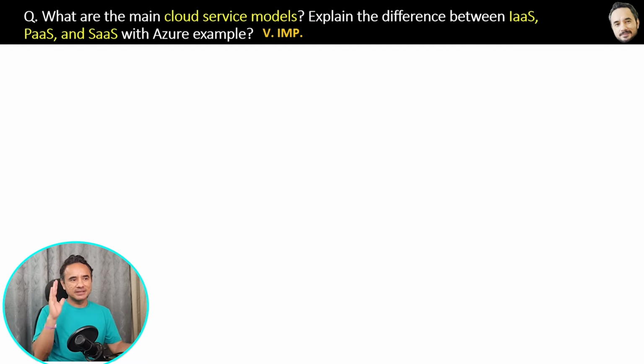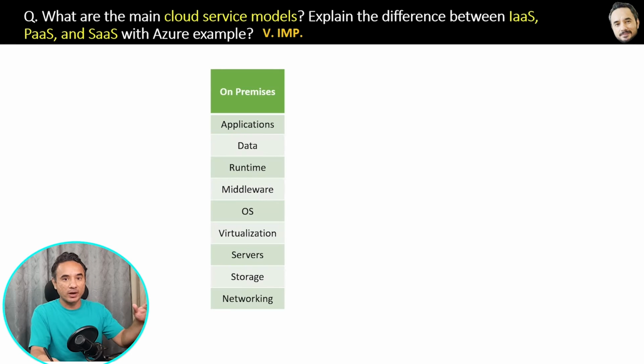Okay. See, when I was working as a developer, I was 90% of the time working on the application code and database. Okay. But to manage one production application end to end, there are many more things required. For example, to manage an application in your company, these many things are required. Here, application and data are mostly managed by developers.